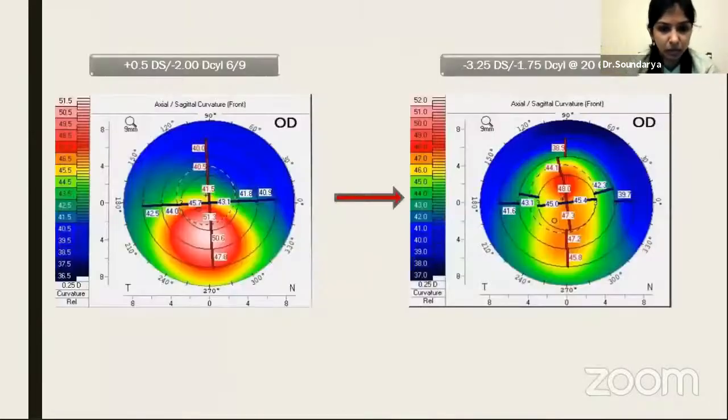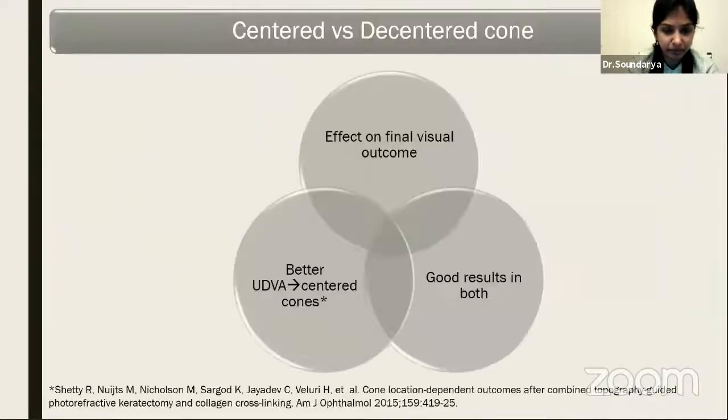What is going to happen in the post-operative period is that the flat cornea in the center is going to become steeper. So the patient's BCVA and the quality of vision will definitely improve. As we can see, there's a very beautiful regularization in the cornea. However, there's going to be a myopic induction, so this has to be explained to the patient prior.